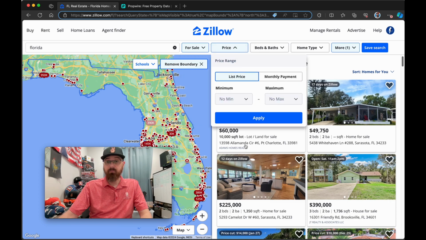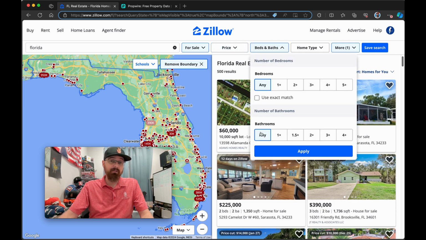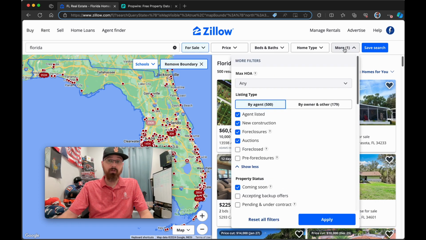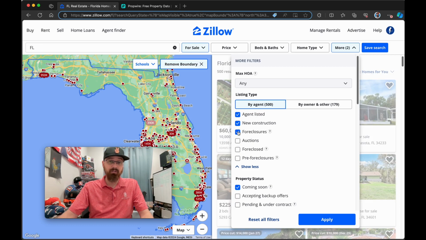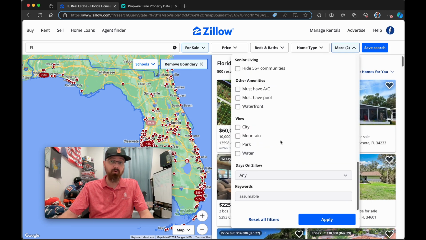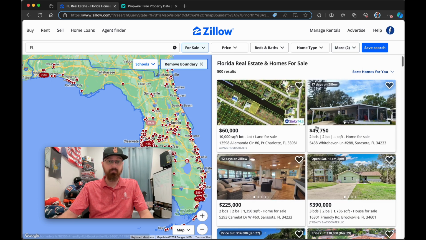I wouldn't even bother with price because you're going to get a wide range of what we're looking for here. Beds and baths, I wouldn't select those because sometimes it can exclude them. But what you want to do is go to More over here, and you can see by agent listed, new construction, foreclosures, auctions. To be honest, it doesn't matter on these. It's not really going to change anything if you take those off based on what we're looking for. But if you scroll all the way to the bottom and type in something like "assumable" and hit apply,